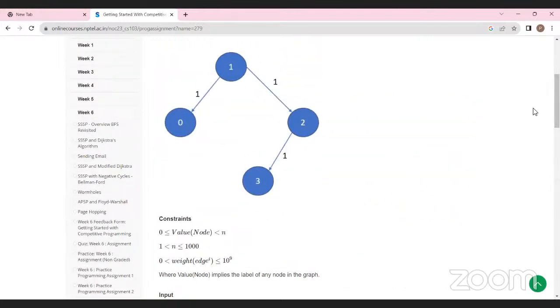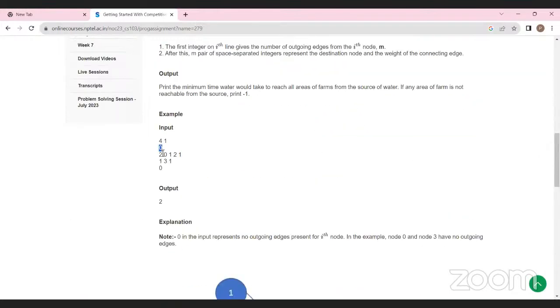If you look at this, there are no outgoing edges. Now, from the first node, there are 2 edges, one from 1 to 0, meaning this is the destination vertex. So from 1 to 0, you have an edge weight 1. From 1 to 2, you have an edge weight 1.